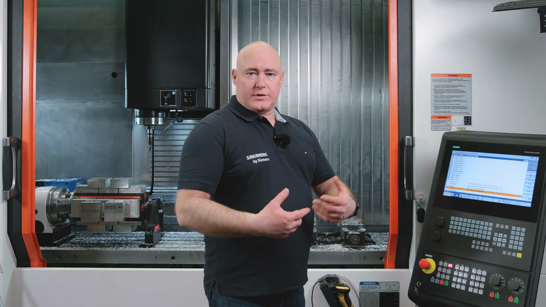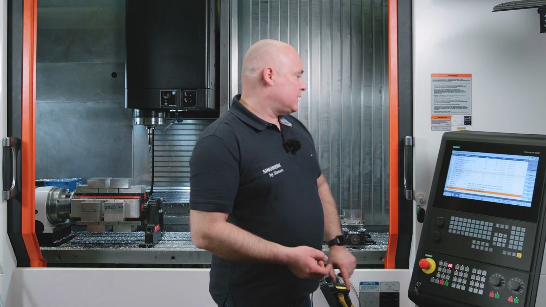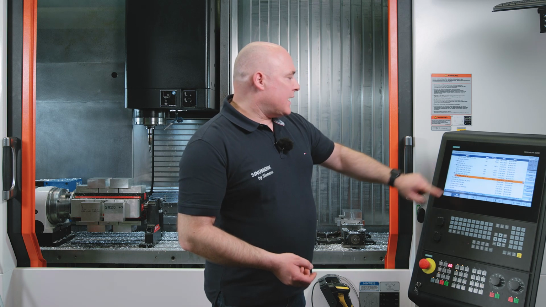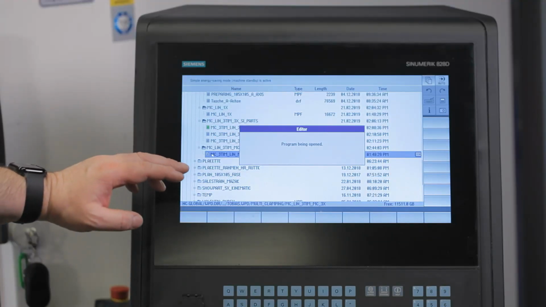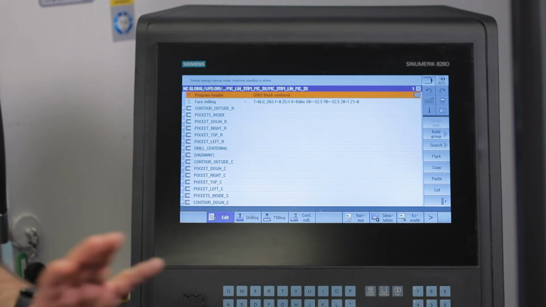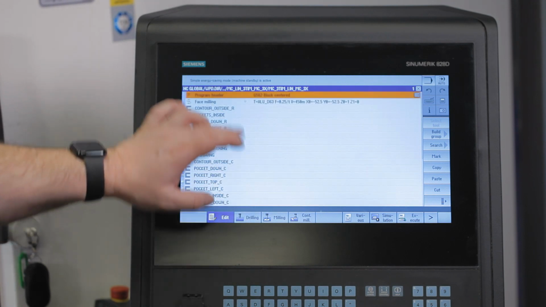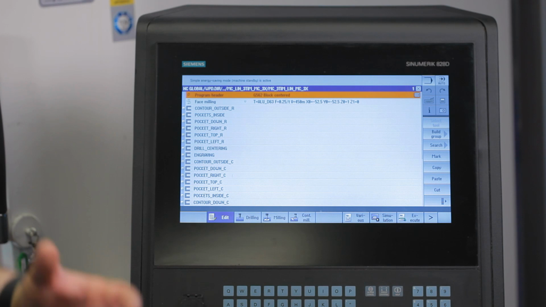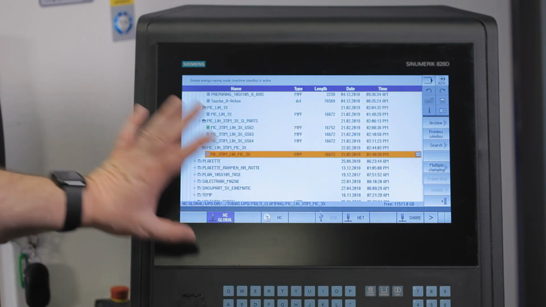What does all this look like with the multi-clamping function? Here we have just one program. Let's take a look. It comprises a pure sequence of processing steps as they would be executed for a single workpiece. But since we want to manufacture 3 workpieces, we'll select the multiple clamping function in the Program Manager.